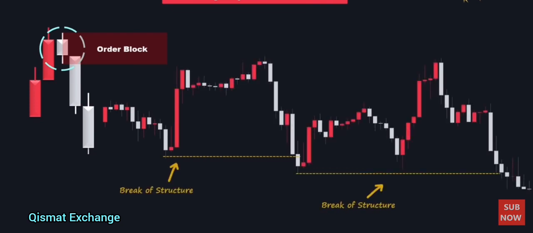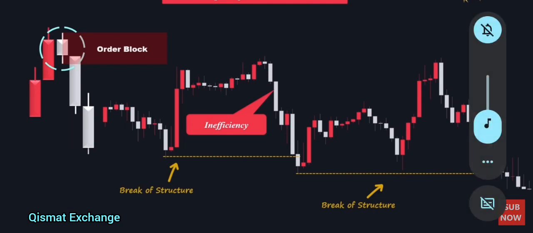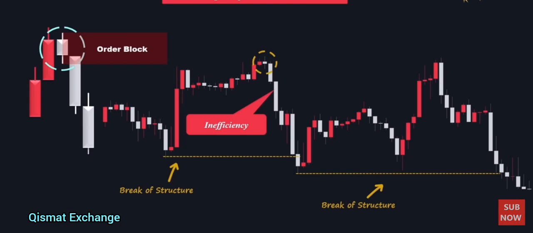Let's take a look at an example. In this chart, price is breaking below the previous lower low, leaving an inefficiency behind. To identify the most recent order block generated by the price, we can focus on the first weak bearish candle that formed before the significant downward movement. This candle represents the primary impulse order block, indicating a potential reversal or change in the market direction. It is an area of interest where the price may reverse when it reaches that level, providing a high probability